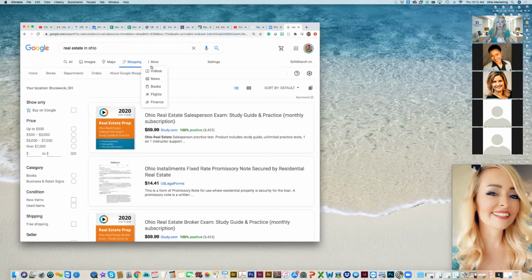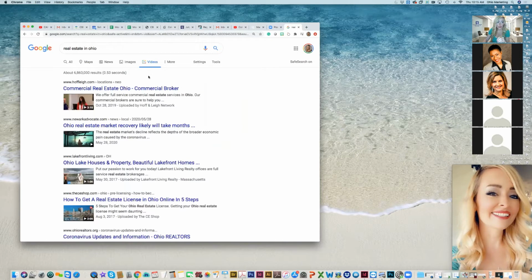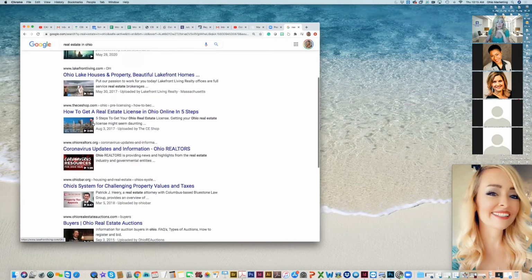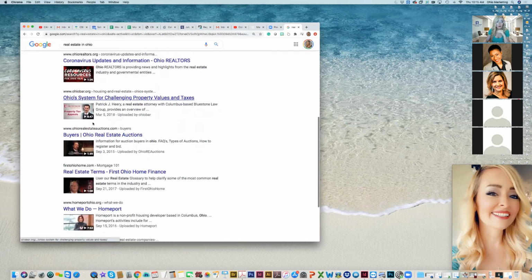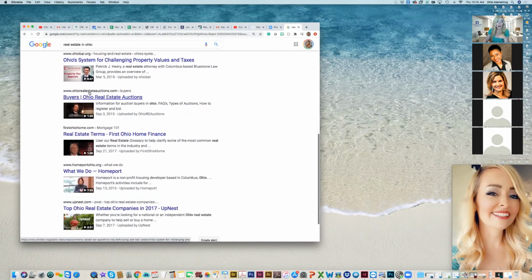But when I go to more, there's also this option that says videos. So what we're looking at here is actually what comes up in the top results for that area. So it doesn't matter what your criteria is, Google's actually going to play YouTube videos here higher and at the top, and then the Vimeo videos are actually going to be lower down.